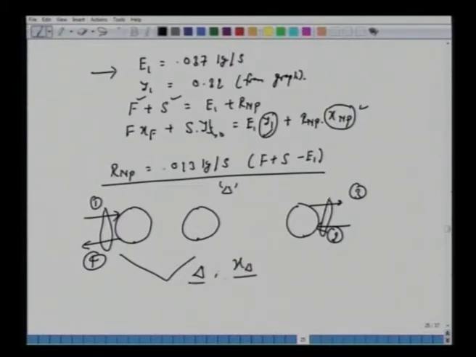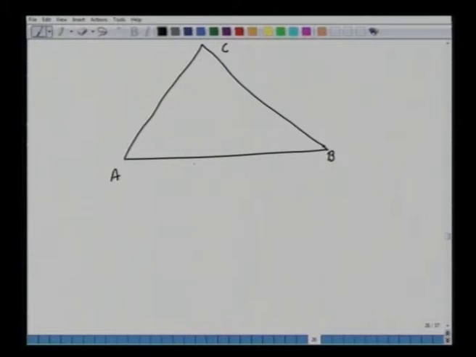These 2 points have also been located on our phase diagram. Then we can determine how many stages are required. So we will go back to the same equilibrium curve. Let's redraw the C, A, B phase diagram. We started here with pure solvent, and we connected with this straight line.